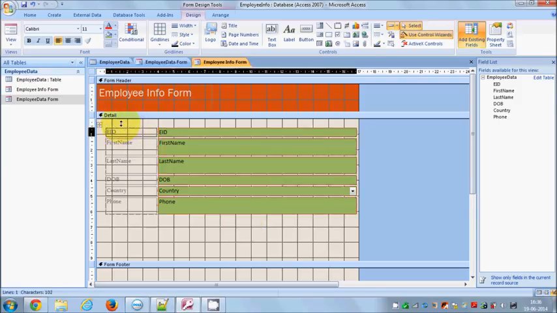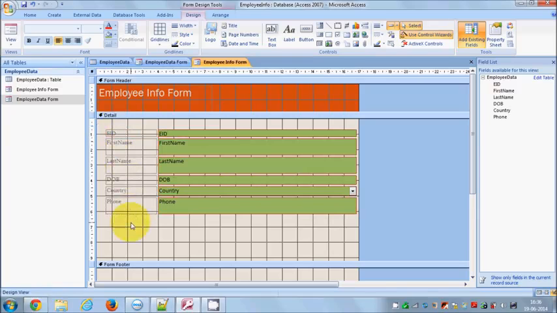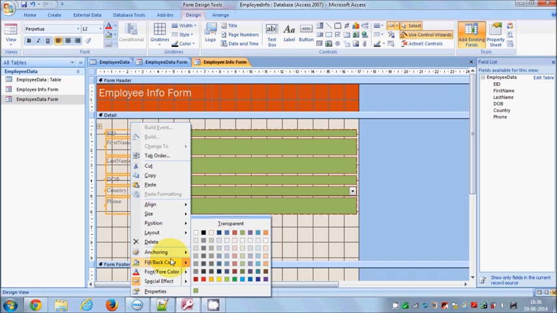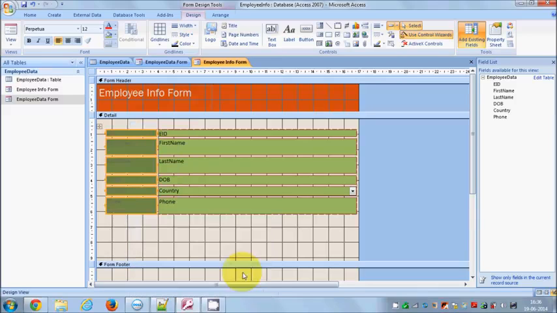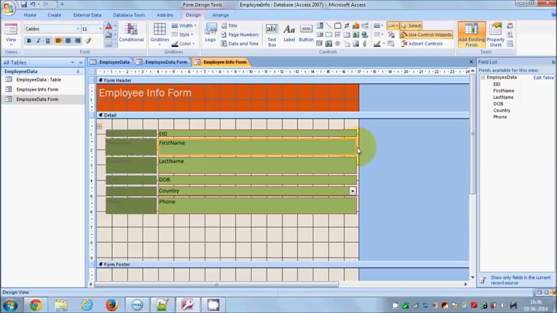And similarly you can change these labels also. So I will select all these labels. I will right click and I will choose for these labels a little bit darker color, for example, like this. Okay. So this is just an example. You can choose your colors and design your